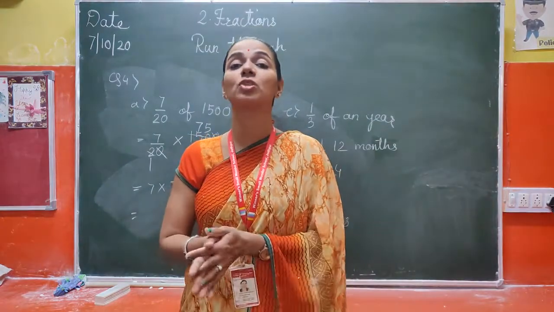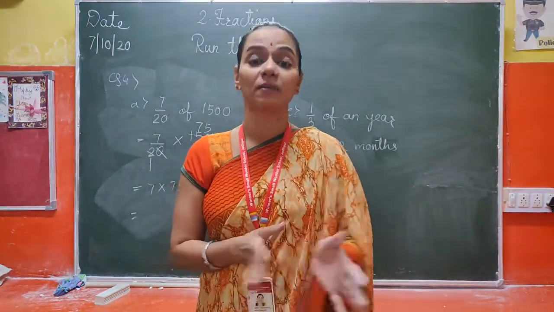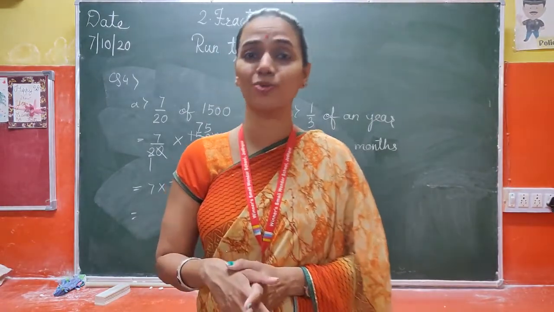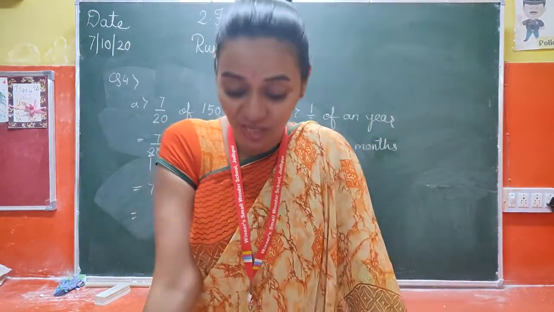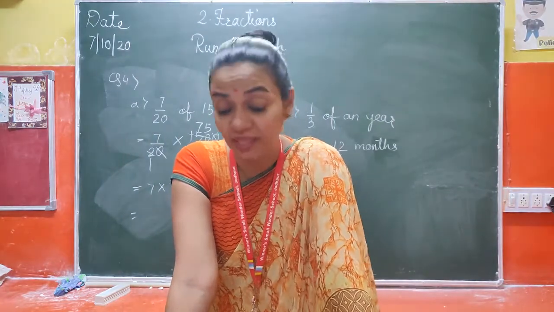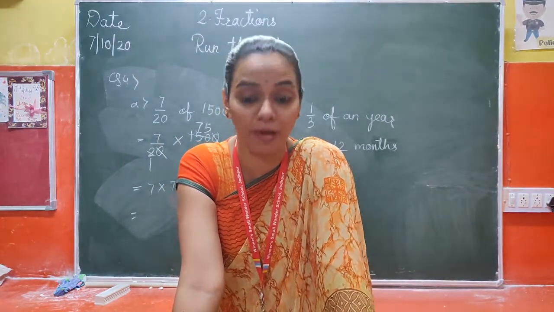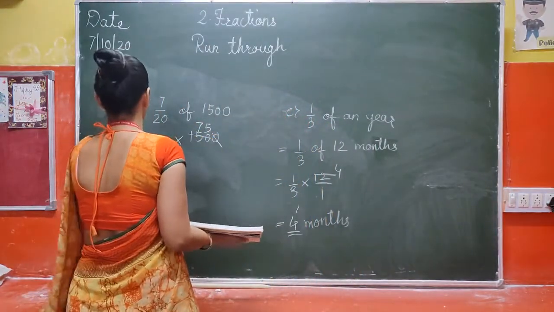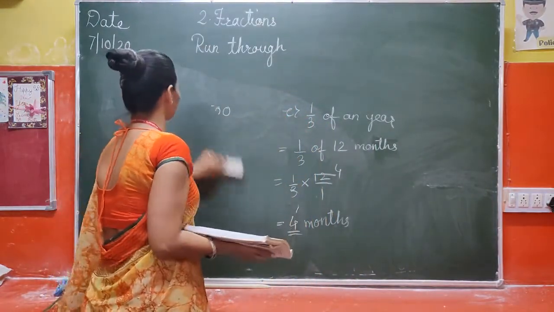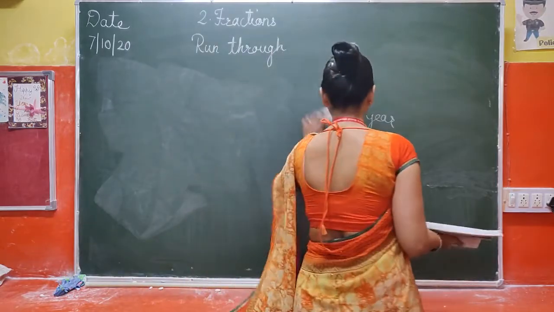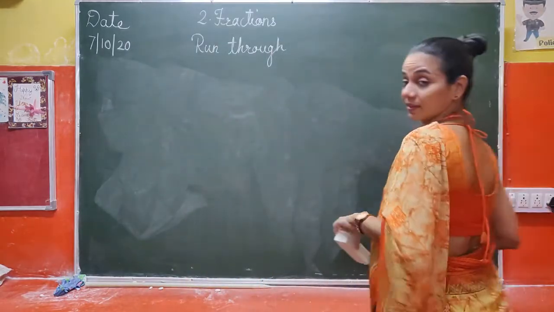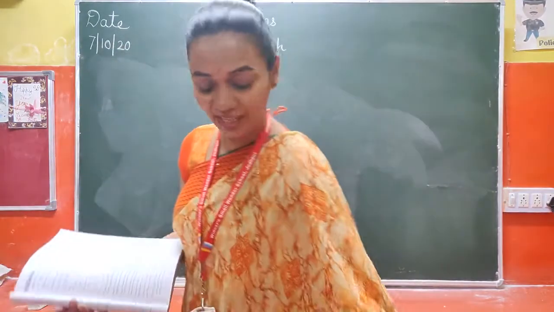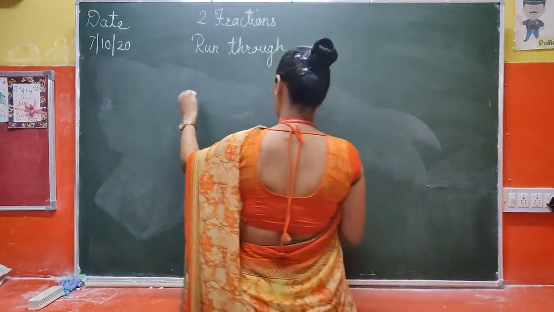Question number 5 is the simplification of some equations given, and you have to simplify them using the BODMAS rule. So you have practiced it a lot. So I'll solve one for you and the rest of them are to be solved by you. Okay, let me solve one for you. Just have a quick recall. Do you remember the BODMAS system? Brackets, of, then division, multiplication, addition and subtraction. Okay? Now, question number 5.